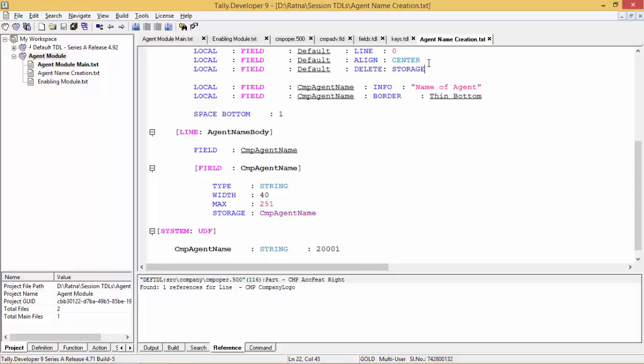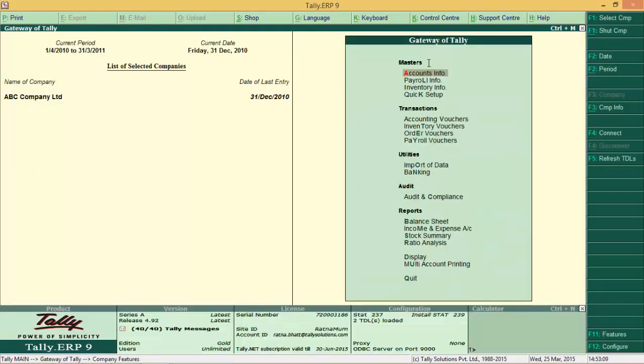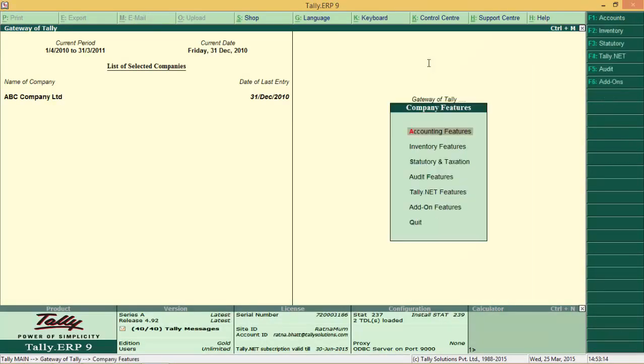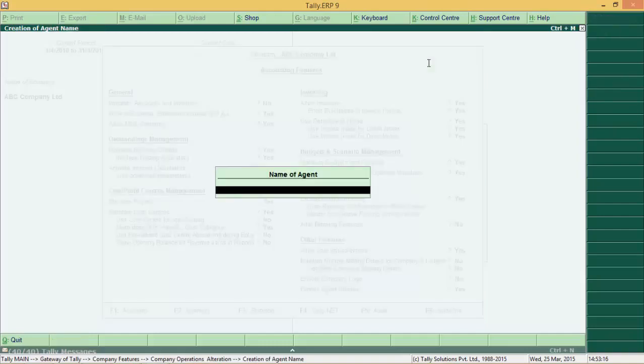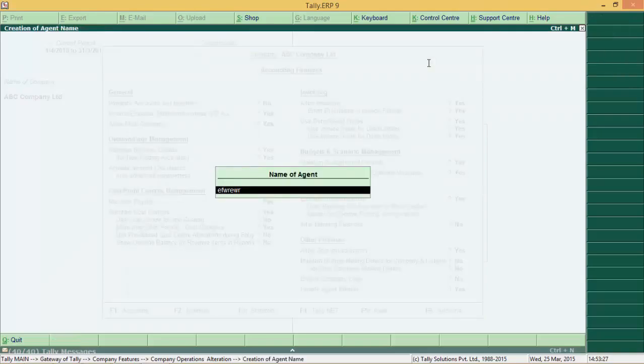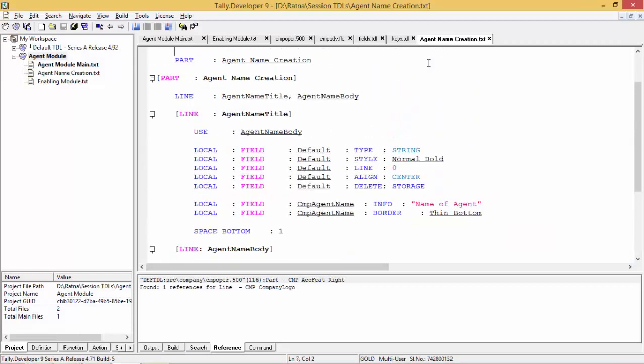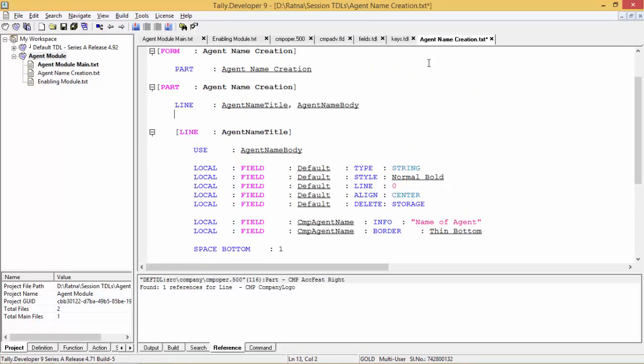Now see the difference. The cursor isn't going there, and by default we do not have any value. But right now we are just able to add one value. We should have that list to append, right? So for that, what we have to do? We have to repeat a line. Repeat line on agent name body,